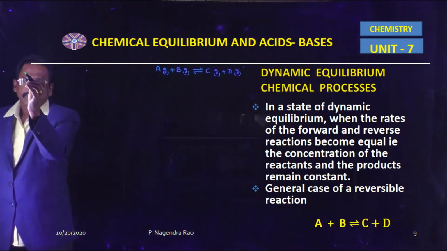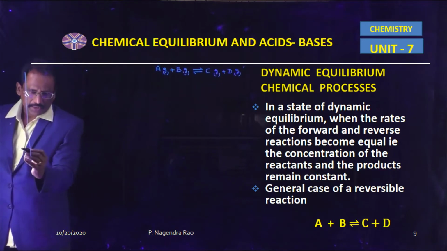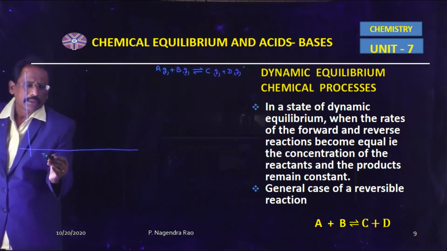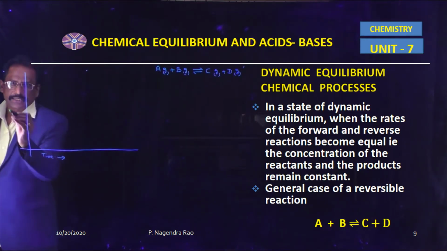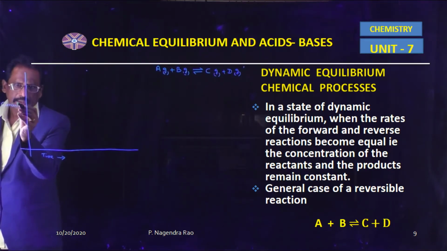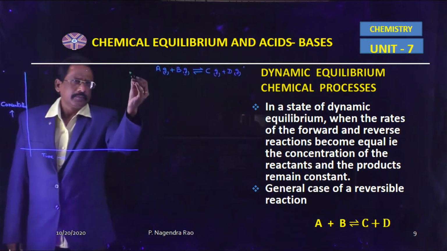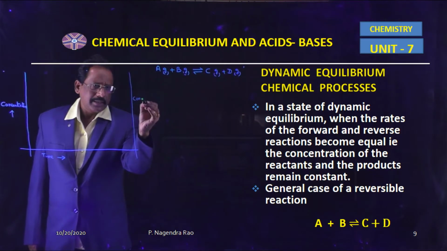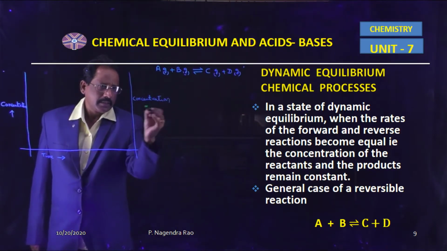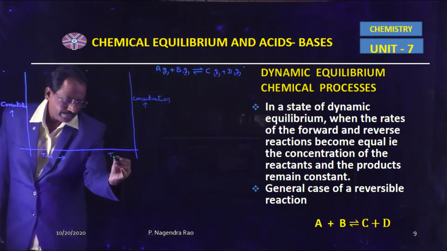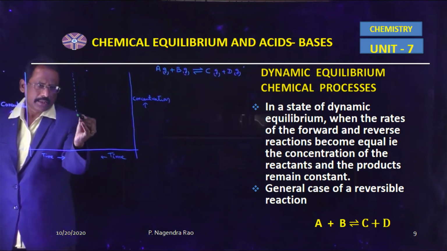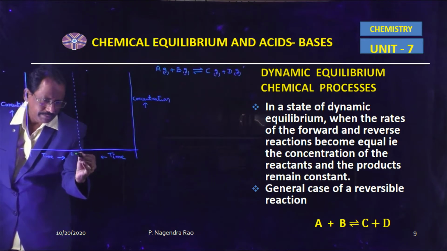the graph is drawn between time versus concentration, this is also concentration versus time, if this is the dynamic equilibrium stage,